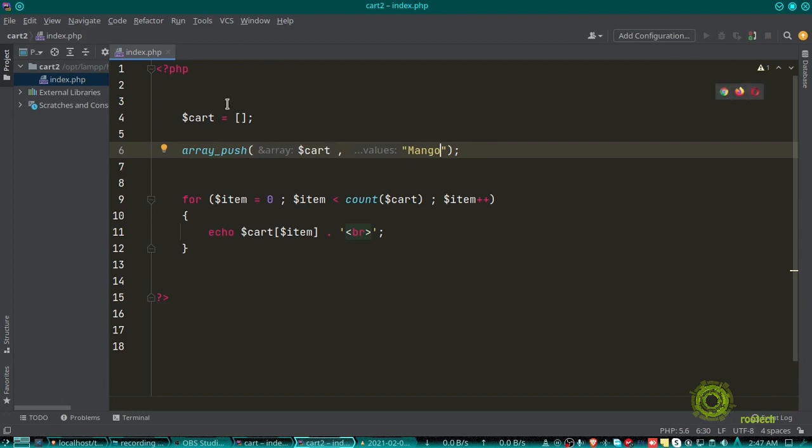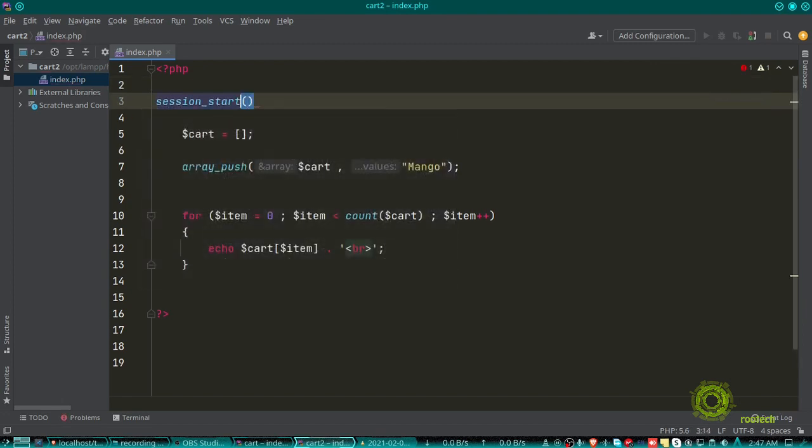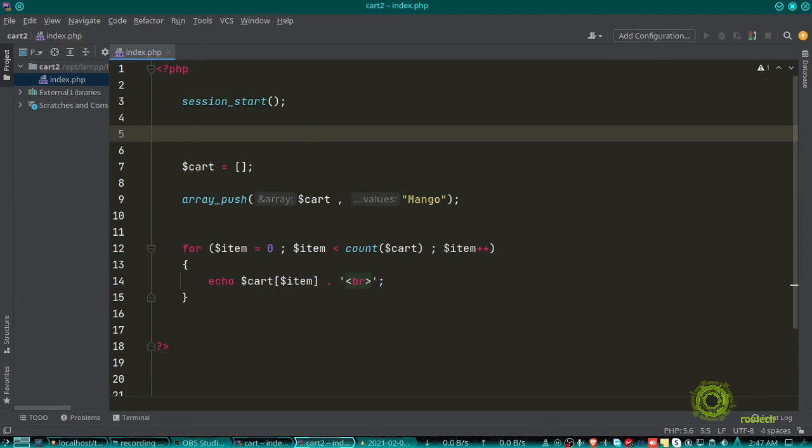Now to start a session, we use the function session_start in PHP, and after starting a session we need to set a variable for the session we are using. Now we have a session, we need to pick a basket, but we have to check first: is this customer holding a basket? So we just say if, bracket open, is set